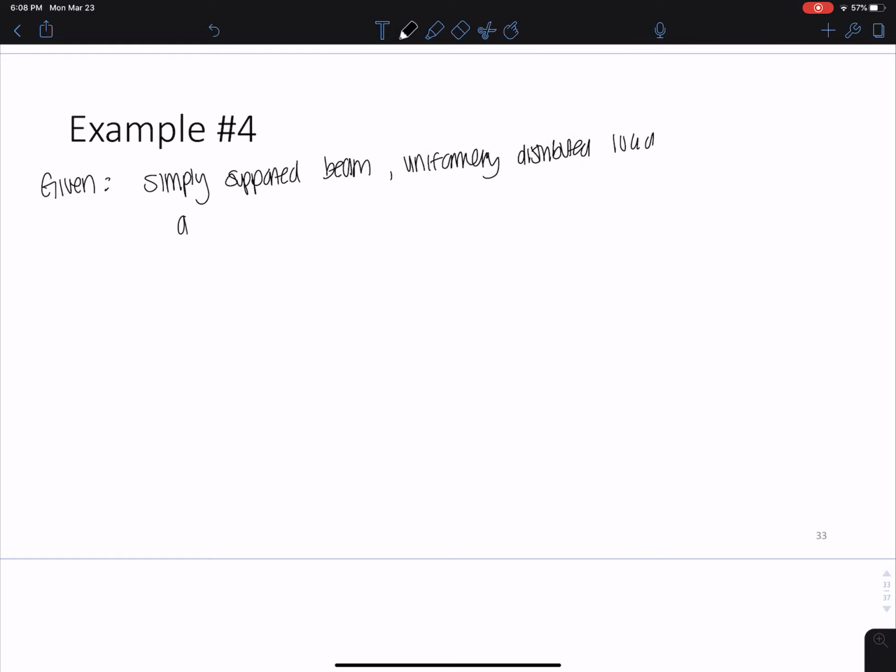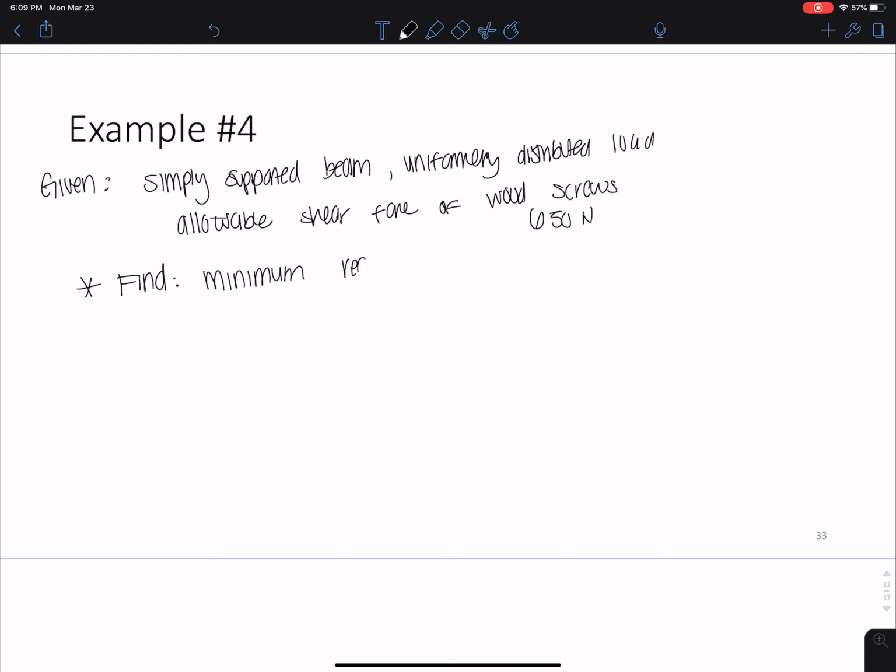And we have an allowable shear force of wood screws, sorry, that says something else, okay, wood screws for 650 newtons, okay? And what we want to find is the minimum required spacing